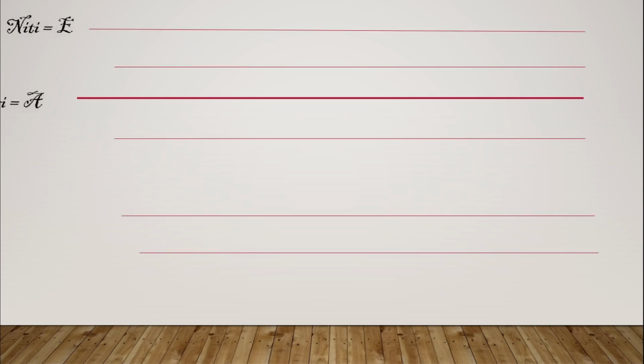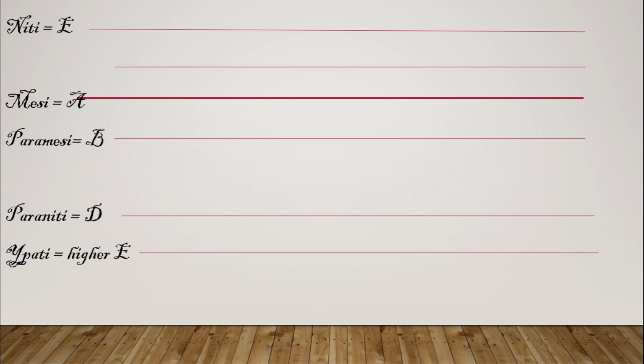Then, more were added. Paramese, beyond the middle, think of parapsychology, corresponding to B. Paranete, beyond the lowest, corresponding to D. Now this one, keep it in mind, I will refer to it when trying to elaborate on how and why the names of the modes got reorganized in the Middle Ages. And a bit later we also got lichanos, of the index finger. Could there be a clearer reference to practical stuff? This one was placed next to the middle and corresponded to G.